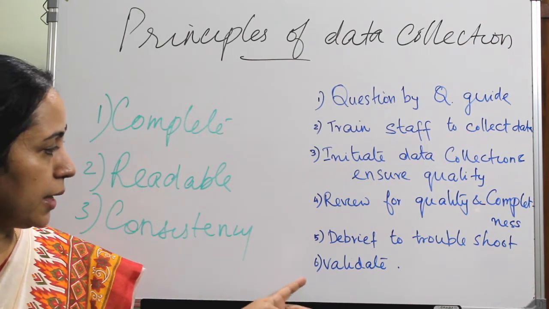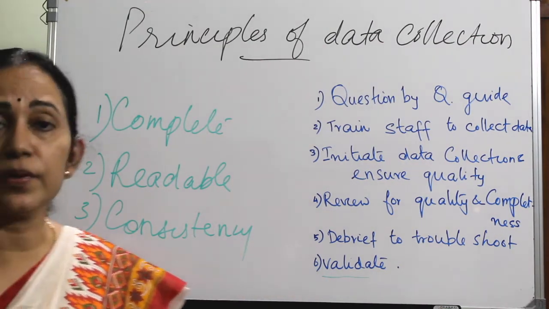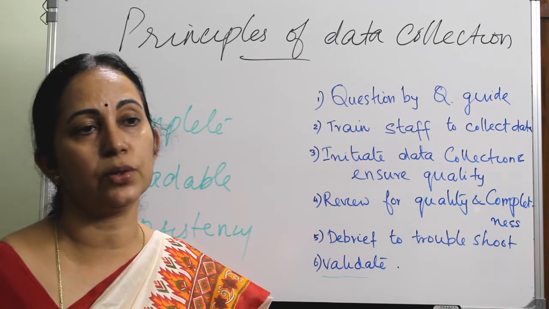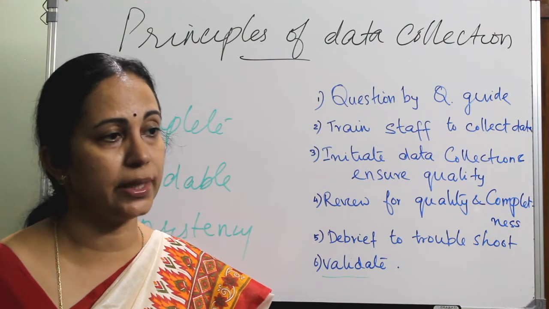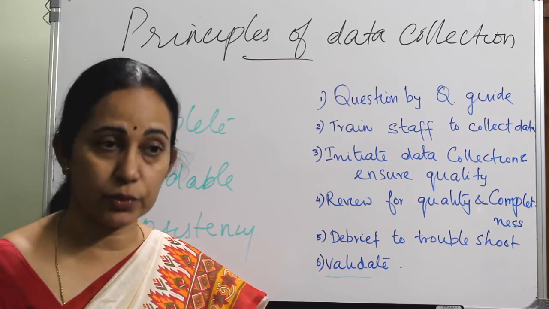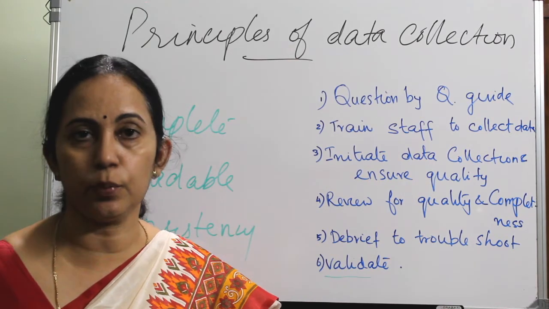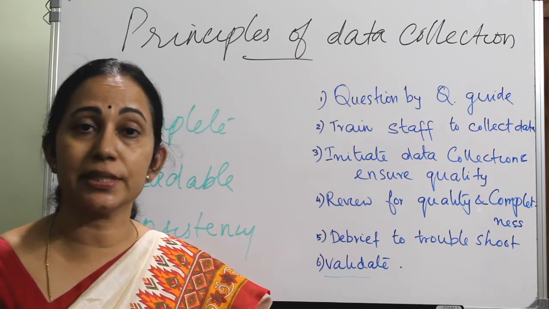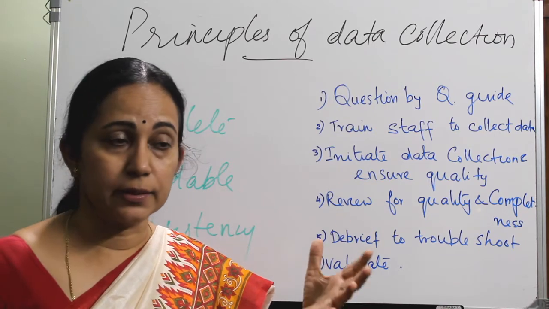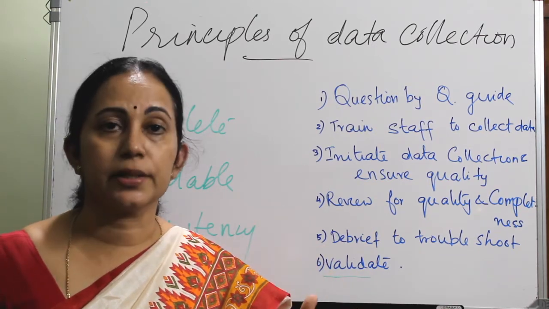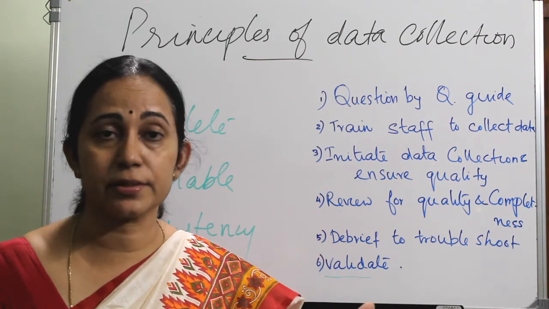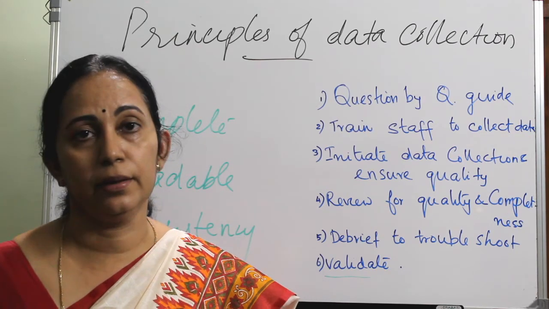That is also important. And then the sixth one, that is validation, is very, very important. The principal investigator has to do periodic validation of this collected data. How can you do that? The principal investigator takes a very small subset of the study population, 5 or 6 persons, and does a second interview with the same questionnaire. And you can verify whether it is similar to the first interview done by the field investigator. If there are any discrepancies between the first interview and the second interview, you can find out where the problem is.